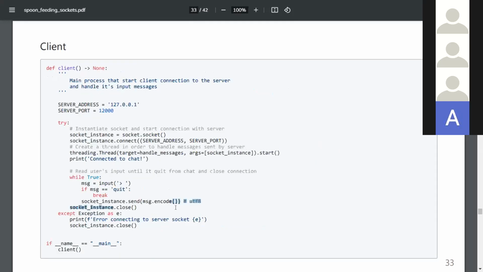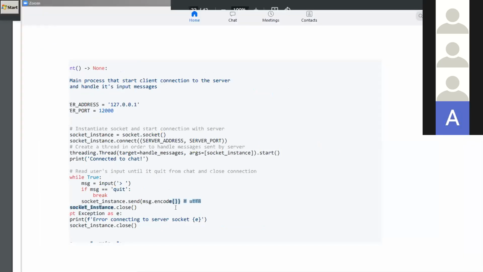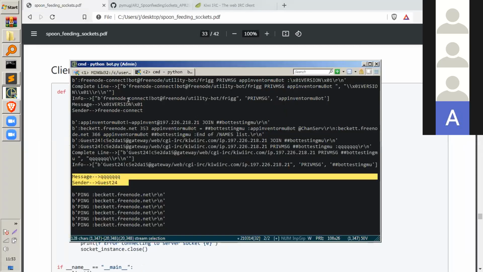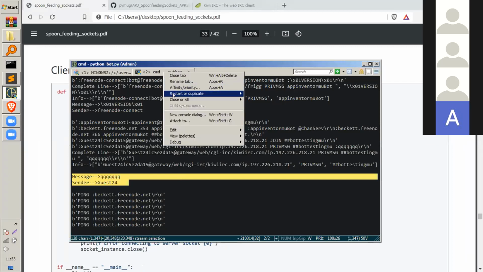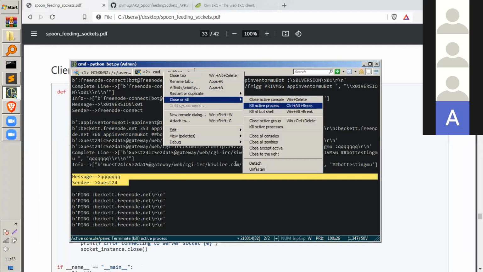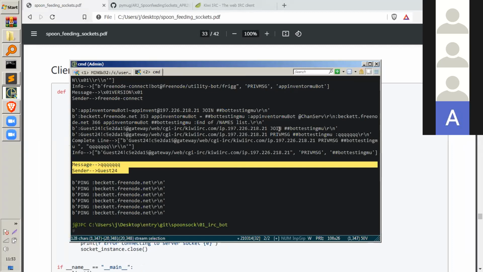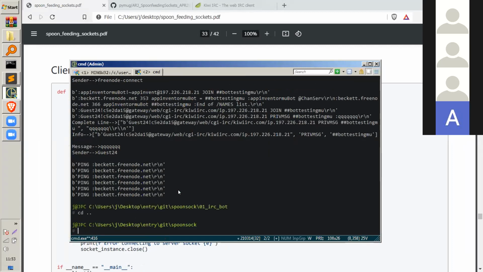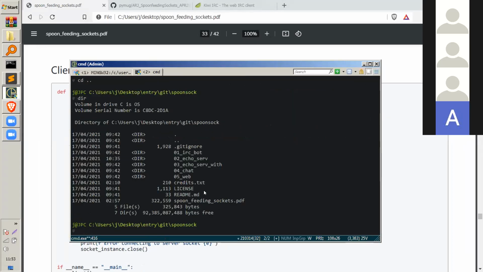And then if ever you want to see it in action, let me just, oh, the bot is still running, which is kind of nice. Okay, so let me just run it.